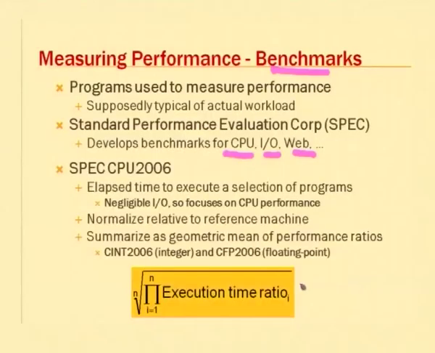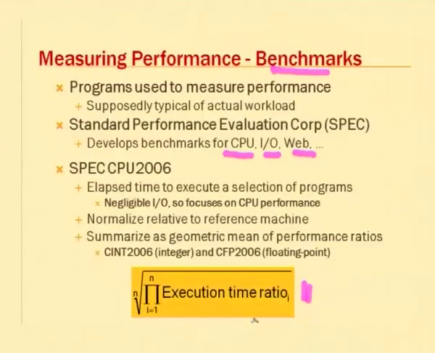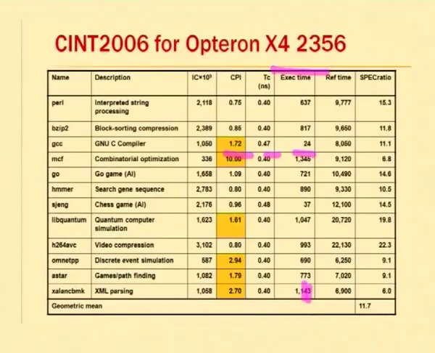Normally they also take the execution time ratio, which is the speedup that we have talked about, with respect to some standard machine, and then take the geometric mean of the performance ratios as one parameter used to compare various machines. This is more about how things are practically done, and it gives a big comparison of different architectures, say the Opteron machine, for instance. So this is an example of how a geometric mean would be calculated.